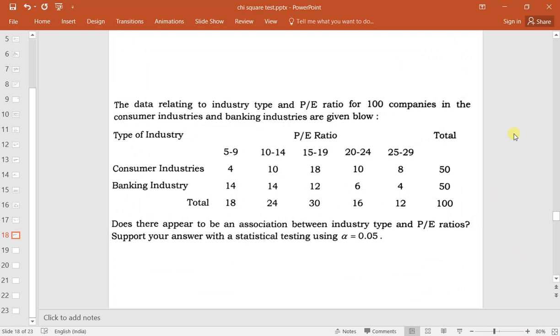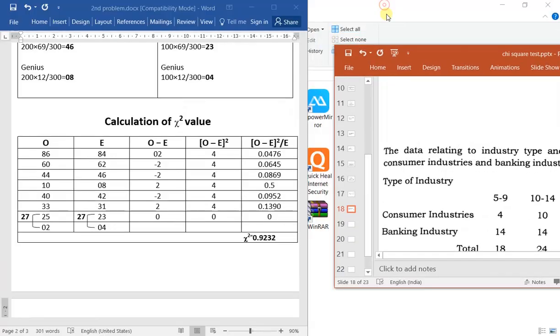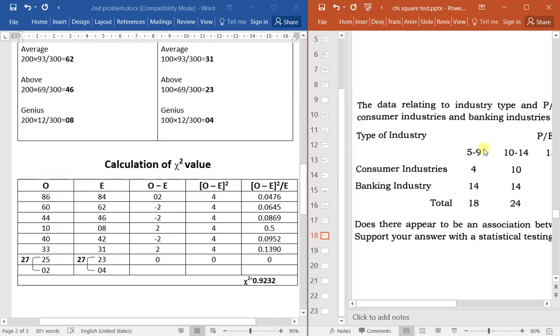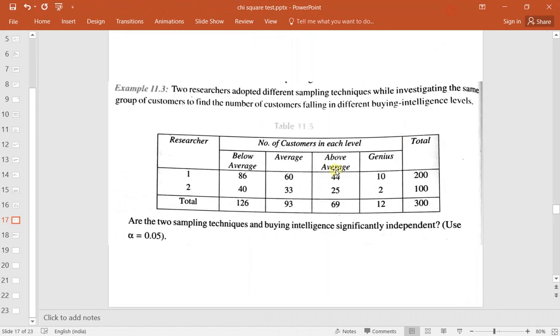What you have to do is, this is a new practice for us now, learning from video. You have to copy this problem first, only the problem. You have listened to the whole video. Now you have to copy this problem separately and try it on your own. Do not look into this video, and try it on your own in a rough sheet or rough book. Once you can do it on your own, you can copy it to the normal notes that you maintain for the subject.